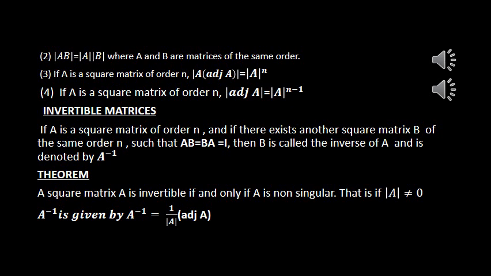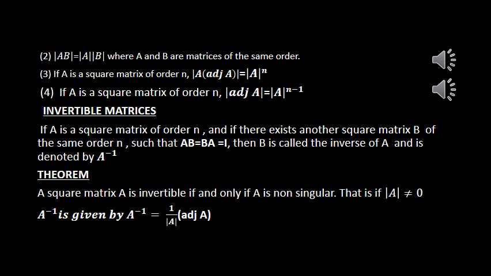A is the inverse of B and B is the inverse of A. That is, A inverse is equal to B and B inverse is equal to A. So what do you mean by the inverse of a matrix? If there exists another square matrix of the same order such that the product of the given matrix with the new matrix is I, the identity matrix, then we say they are inverses of each other. Now here we assign one condition to the matrix A such that its inverse exists.